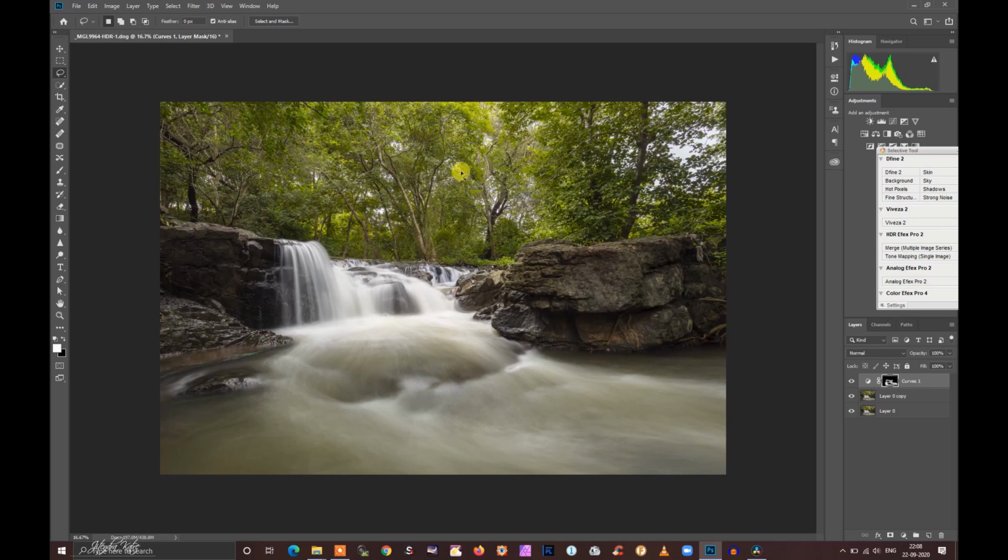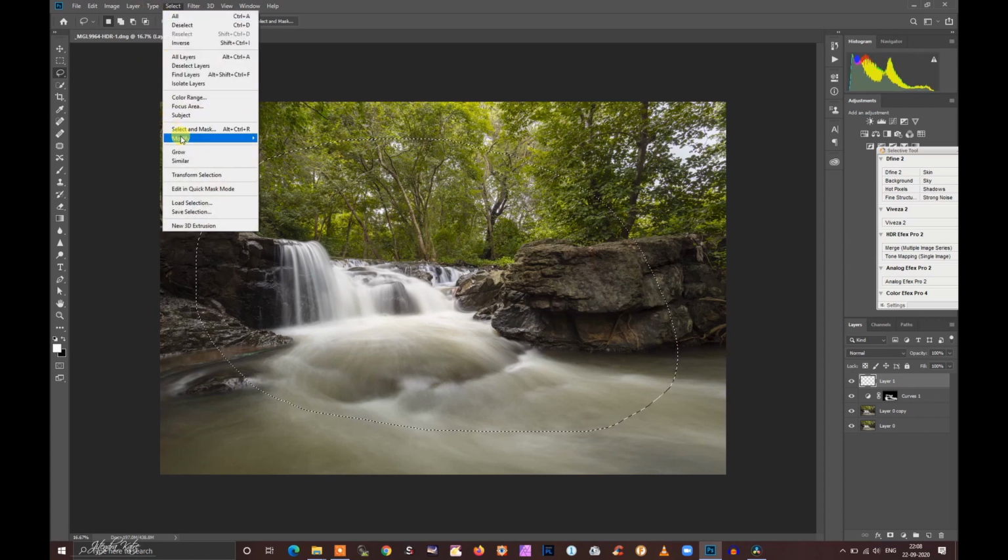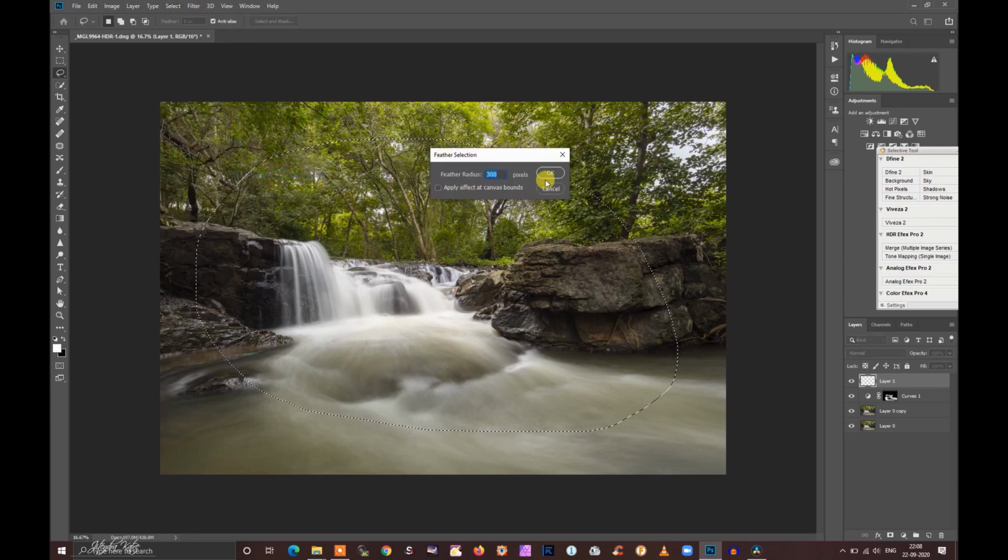You can see that the leaves behind here have the same amount of brightness as that of water here. So maybe the leaves should be darkened a little, or perhaps this is a good time to add some vignette. So I will add a blank layer, use the lasso tool, draw a rough figure, use feather, and now invert the selection.